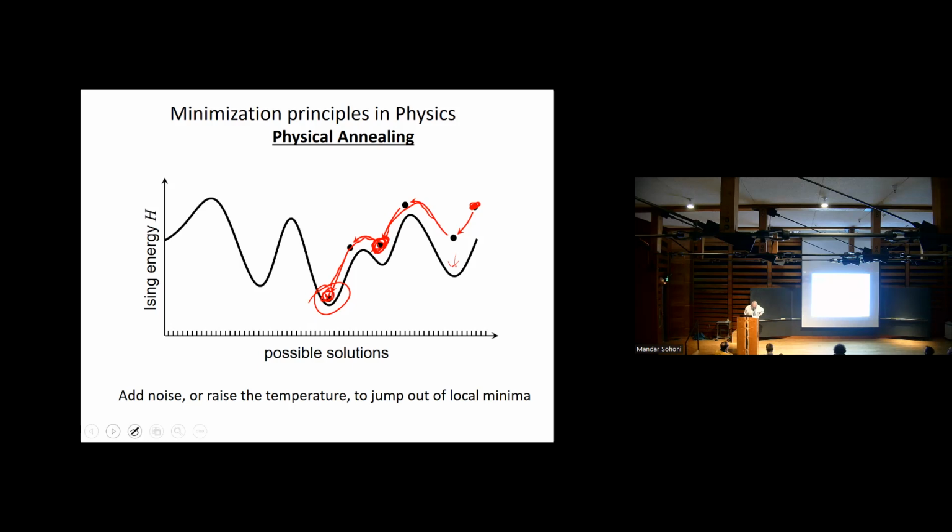So that's what I'm going to talk about in this talk: can we use this most familiar of physics inequalities, that systems want to go to the lowest energy level? Can we use that for optimization?